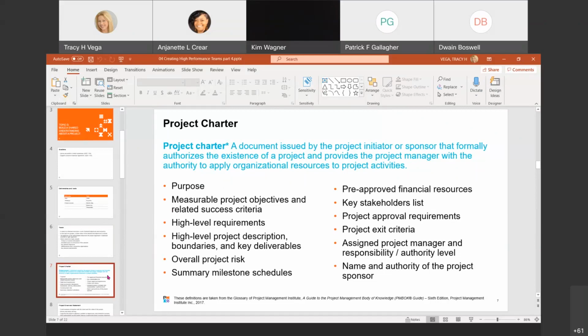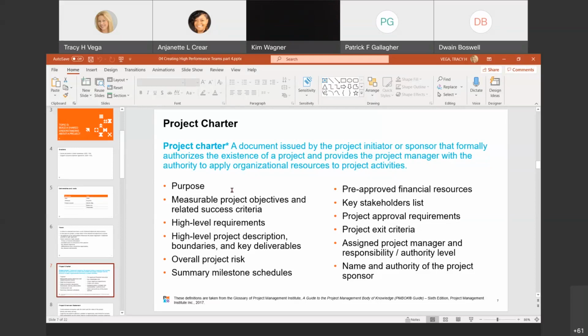If you don't have the charter in place and you don't have the official authority, a lot of times you don't have the people getting behind the project. So an effective project charter conveys why the project is being initiated and what the project's outcome will be. It ensures that you have the support for the project, like I just said, and gives you the authority to apply the resources. So you want to be able to pull the resources from the places that you need.